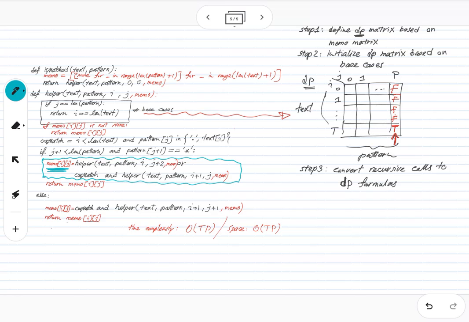Whenever we are updating or setting the memo ij, we need a DP formula. Also, we need a DP formula for this line. How can I convert this to the DP formula? Instead of the memo ij, I can write DP ij